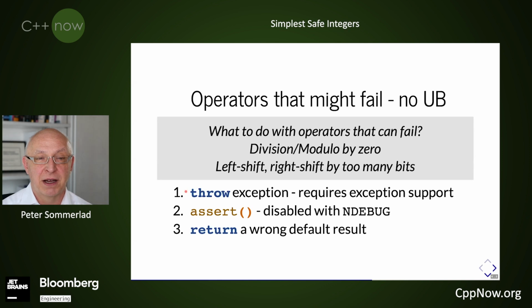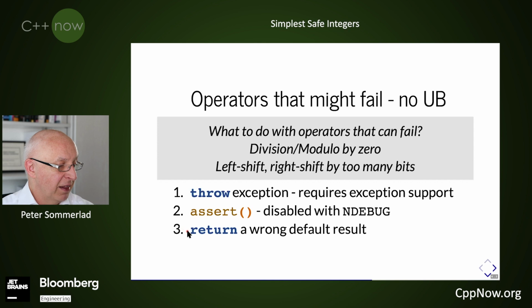Where exceptions are enabled, we might actually throw an exception. On some platforms that I'm trying to target, especially those where the overhead of having the exception facility and the corresponding runtime type information is too much, this might not be a viable solution. On the other hand, even on those platforms, while testing, we want to make sure that we detect any of those errors, because they actually are programmer errors. So we want to have asserts, the regular assert that will cause an abort of the program, and that might be okay for those platforms.